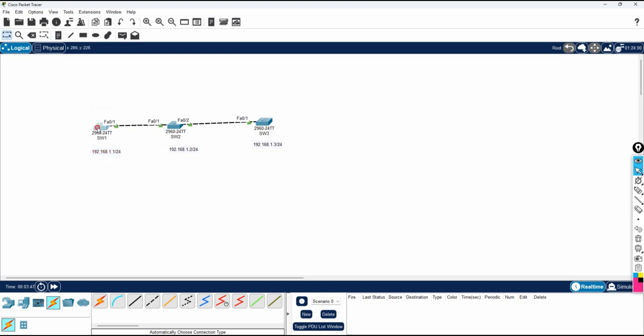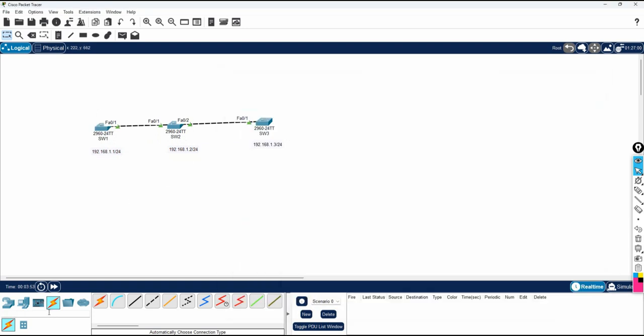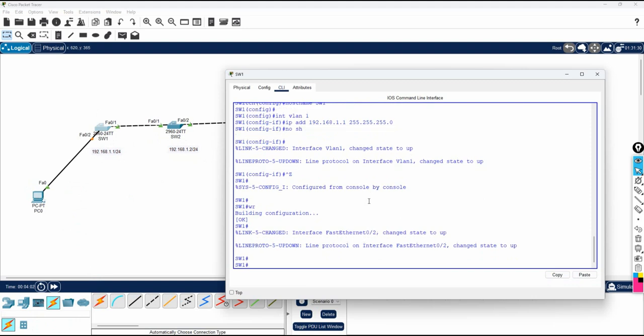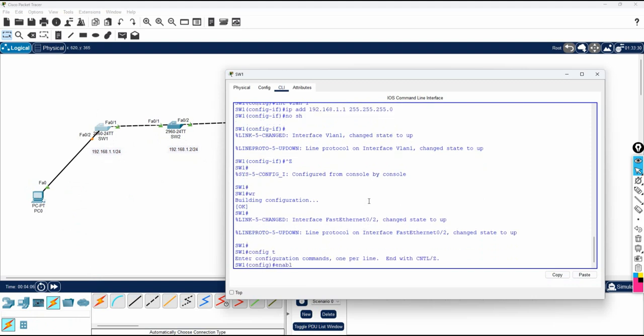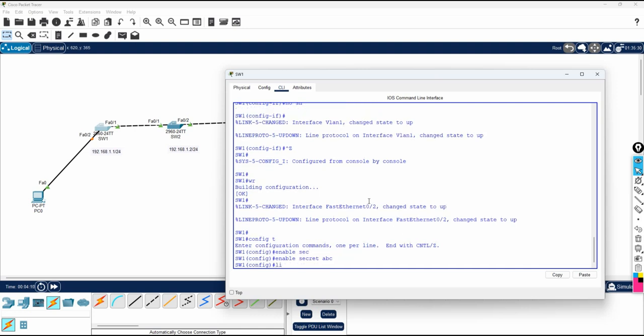Now imagine you don't have this topology, they just give you it like this, or a computer is connected here, and let me do the Telnet also. You know how to configure Telnet, right? I will do Telnet: enable secret ABC, line vty